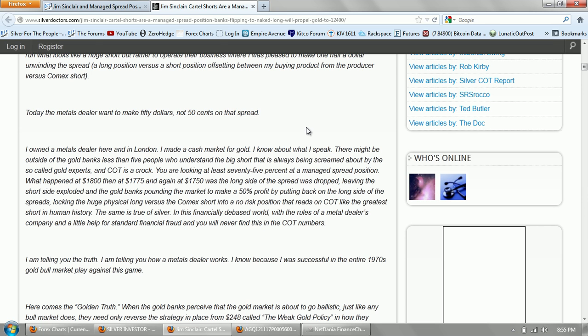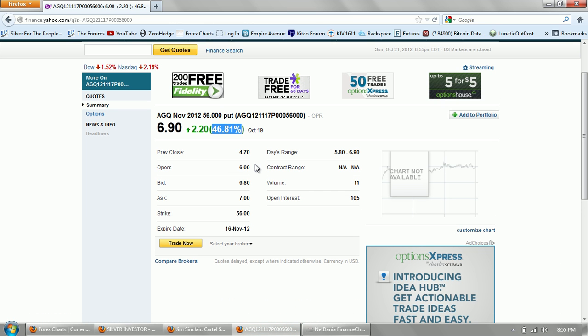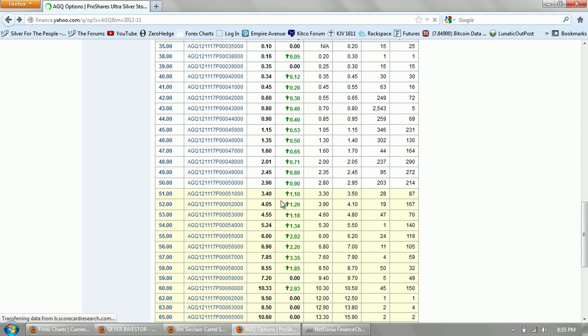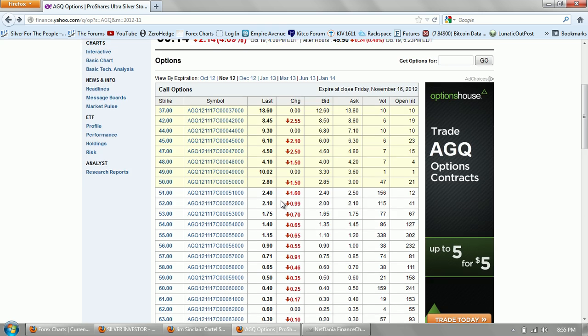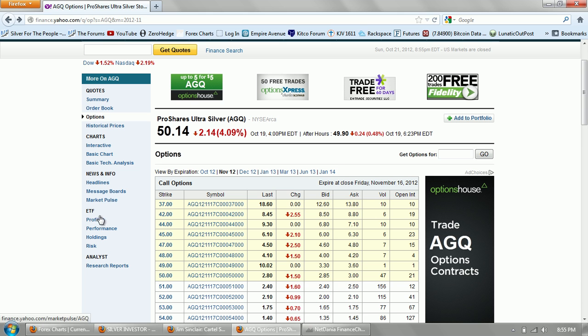So what is he talking about? He's talking about these managed spread positions. Now, you have to understand how these things work, and we'll actually go back to this AGQ option, because this is a good one to use here. You know that the AGQ is an index, an ETF index based upon silver,